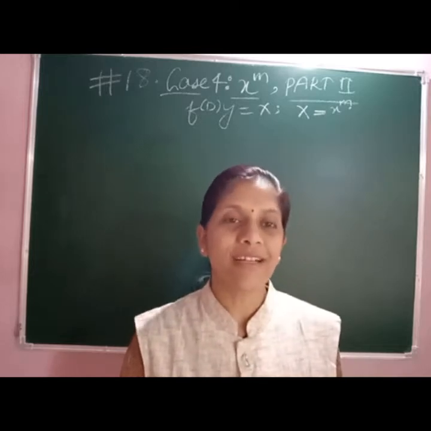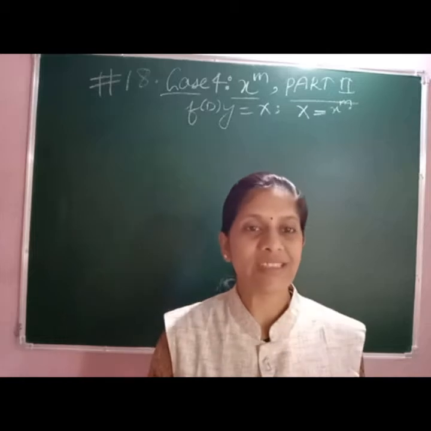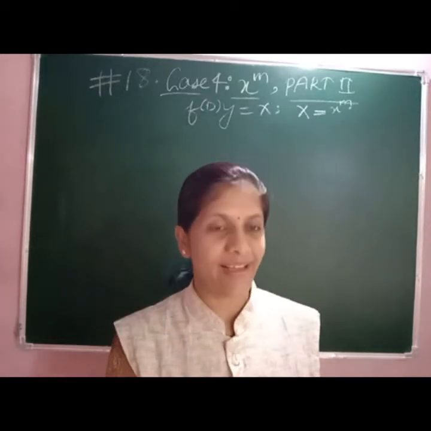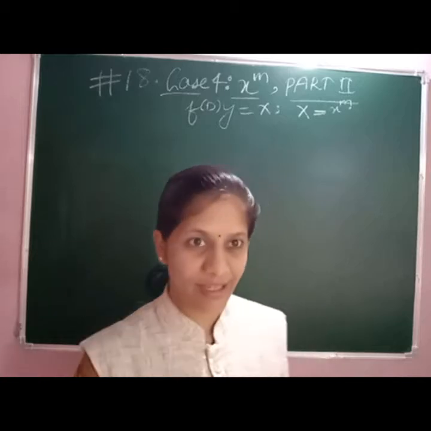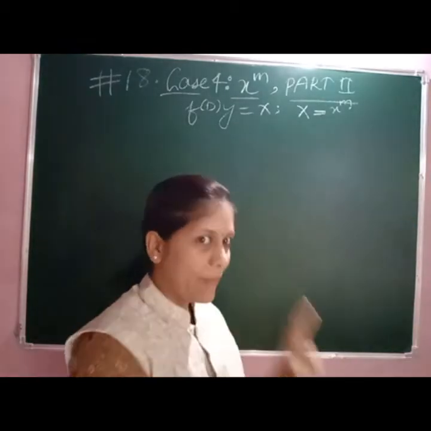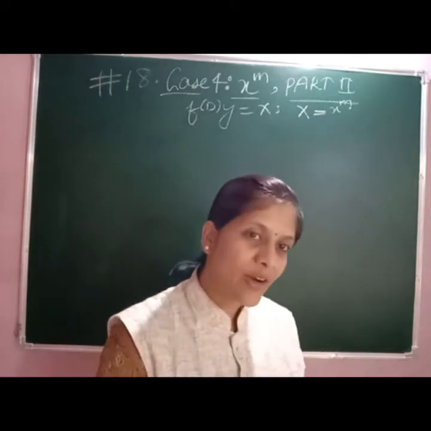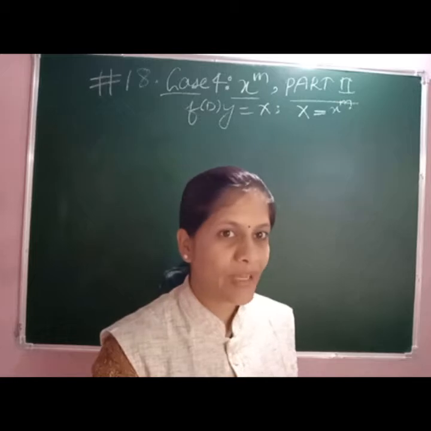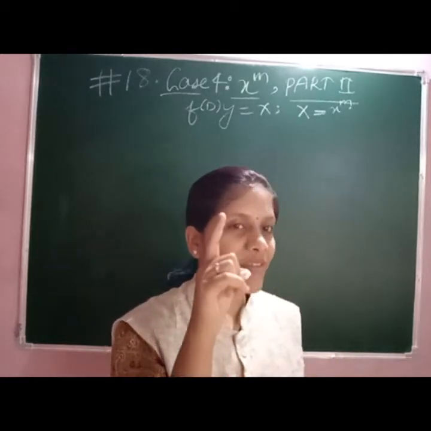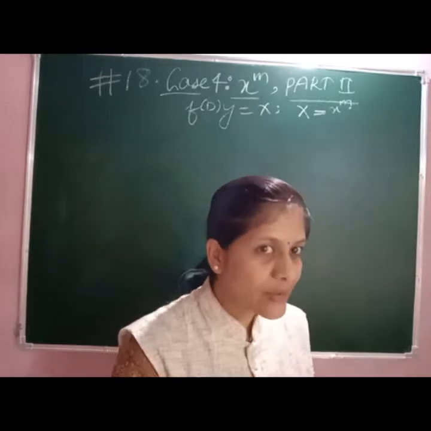This session is a continuation of our previous session, right? Already we have seen how we have to write our PI whenever capital X is in the form of x raised to m. The general form of linear differential equation is f(D)y equal to capital X. When this capital X is x raised to m, then how do we find our PI? PI is nothing but y, that is nothing but 1 upon f(D) of x.